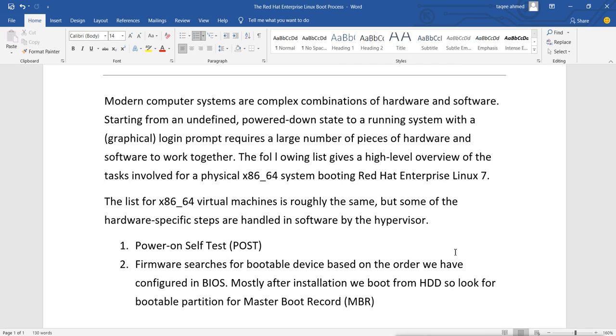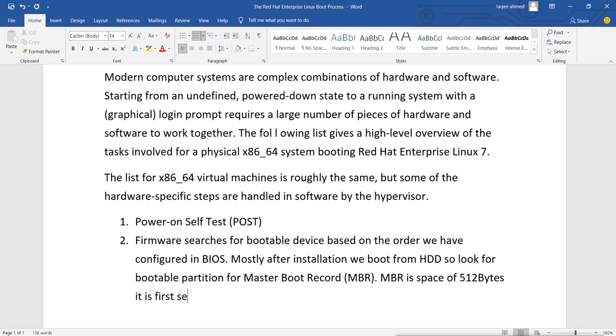Now this MBR is a space of 512 bytes. It is the first sector of our hard disk.